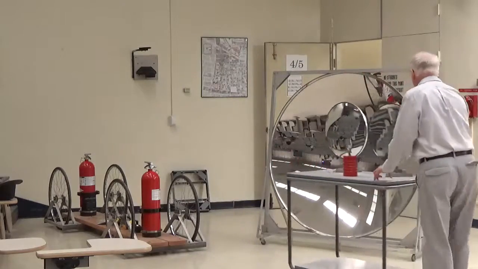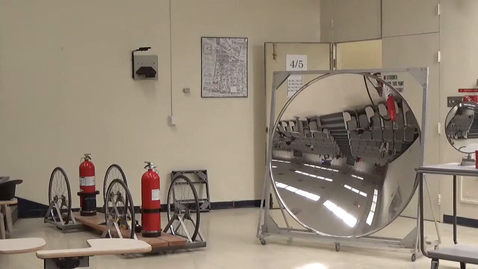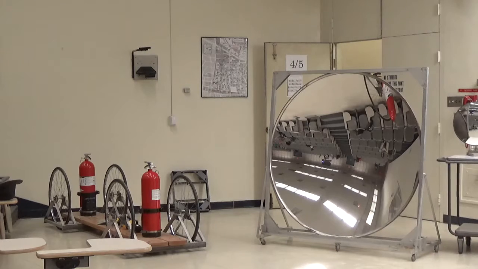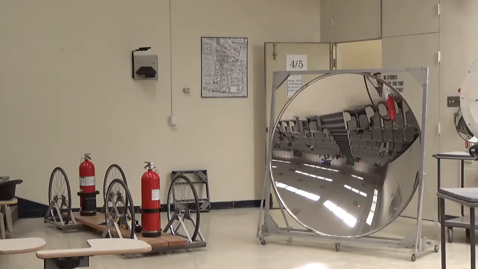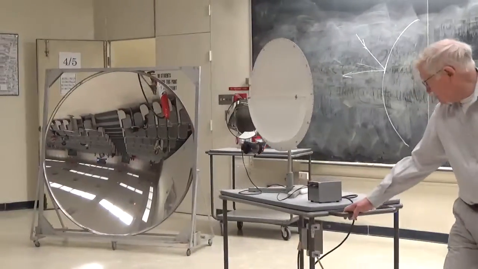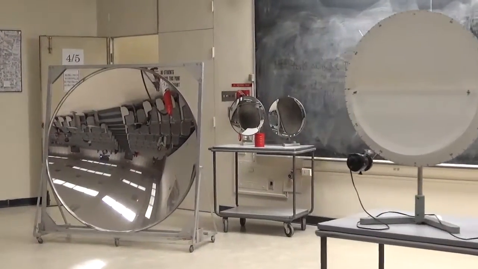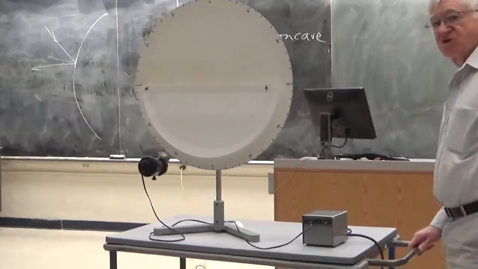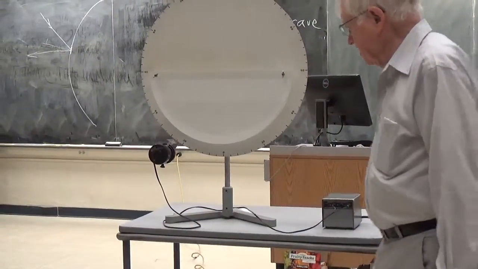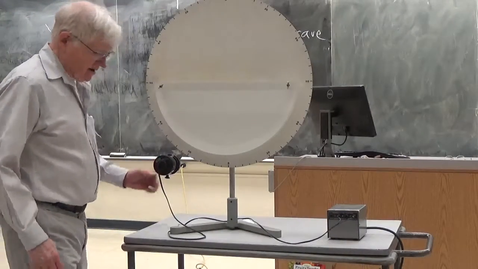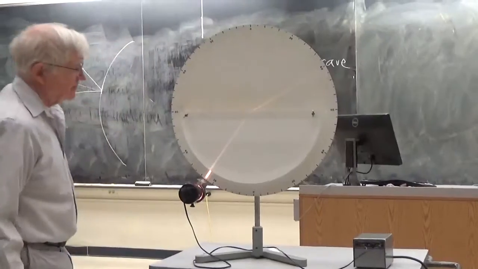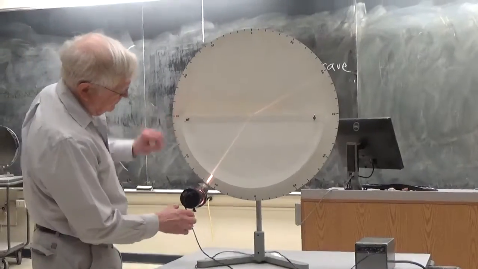Okay, I think I'm going to move this out of the way also, because I don't want this jet cart to run into anything. What we've got here is a nice demo both of internal reflection and, in a sense, of lenses, although I don't know how easily I'm going to show the lens aspect. What we do is turn this light on, and I guess it's a switch down here. And so now we see